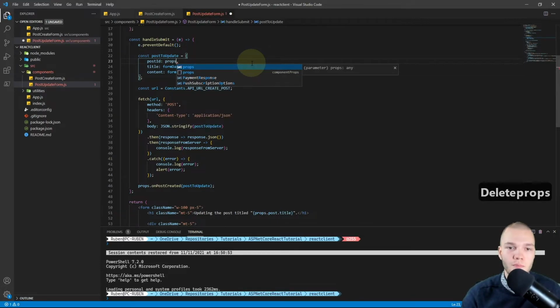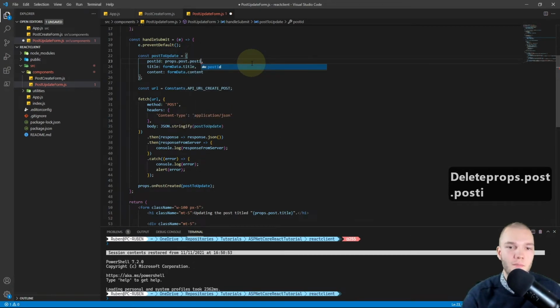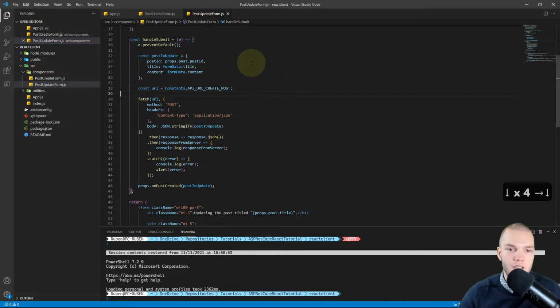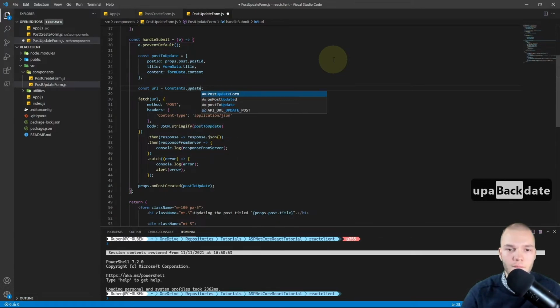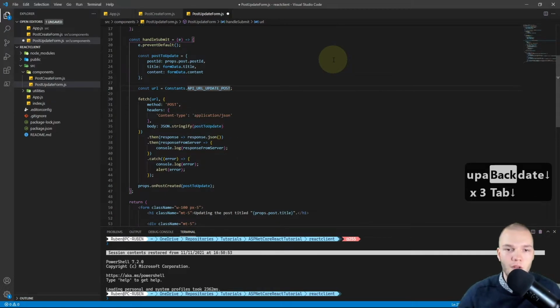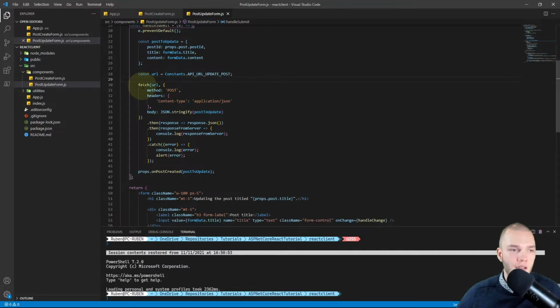So I'll do props.post.postID and I'm going to change the URL to the update one. So API URL update post. Then in the fetch, I want to change the method to put instead of post.